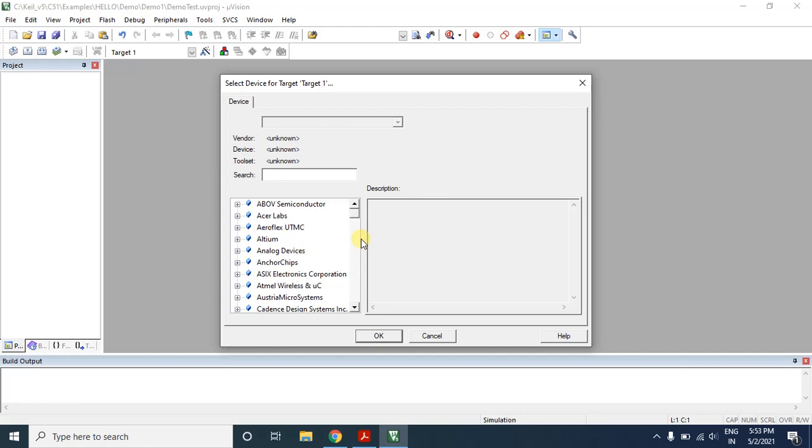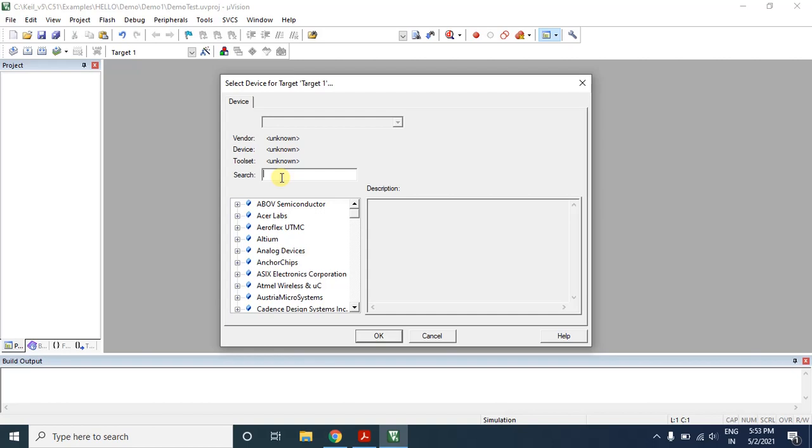Now it is asking for the target device. The program we are going to write is for which kind of target device, because we have already seen that microcontrollers have different versions from different companies. So here let us choose the 8051 microcontroller version from Atmel Corporation. Now Atmel was bought by Microchip Technology.